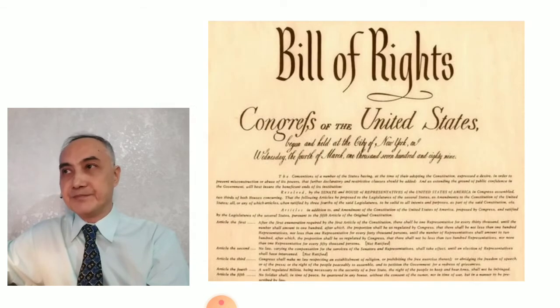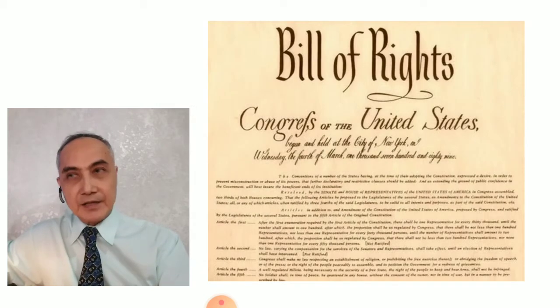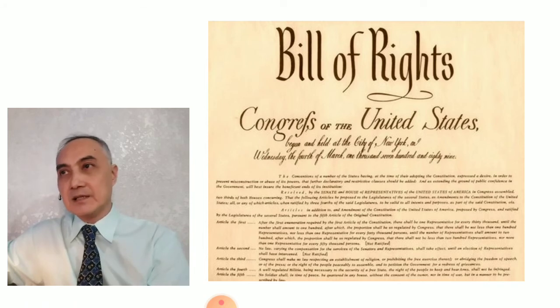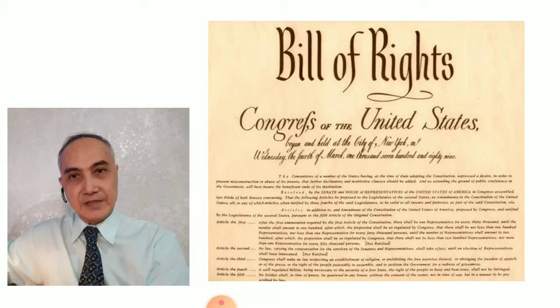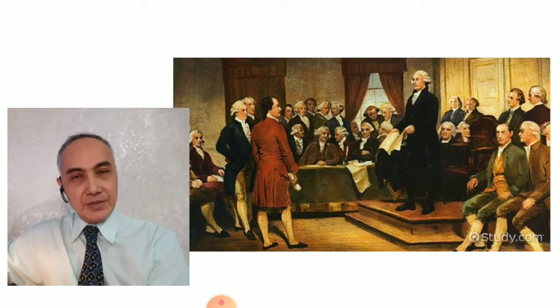The civil liberties of Americans are enshrined and enumerated specifically in the Bill of Rights of the United States Constitution. The Bill of Rights is actually the first 10 amendments to the US Constitution of 1789. As you know, as of now, there are 27 amendments to the US Constitution. Now, let's remember that